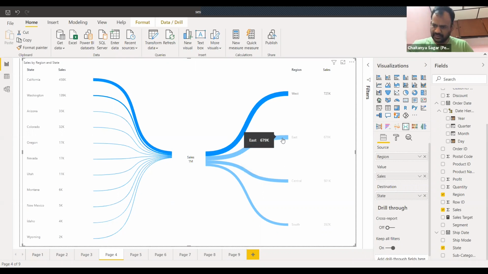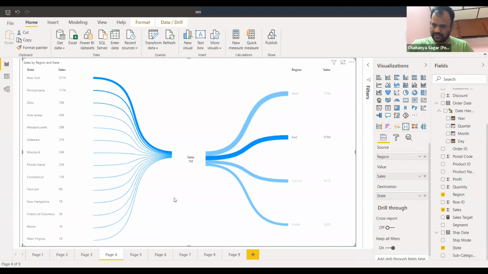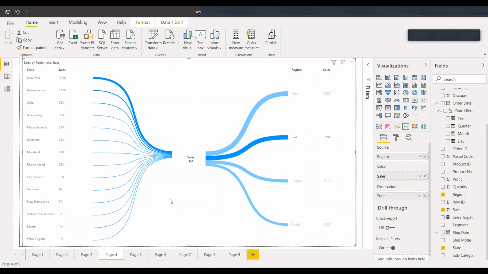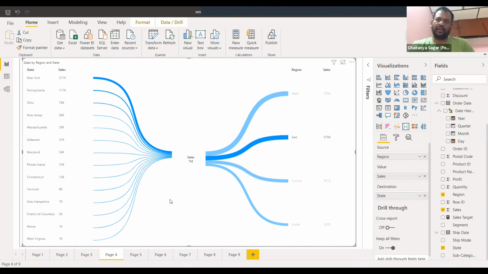Moving to the overview page, this is a density of Google Classroom. Somewhat similar to what Saya said, like from region to state, instead of that, like from year to months. We have a couple of years across instead of region, and if we have months across year, once you tap the year, you see how the sales has been distributed across the months of the particular year. That's what I thought of. Okay, got it.